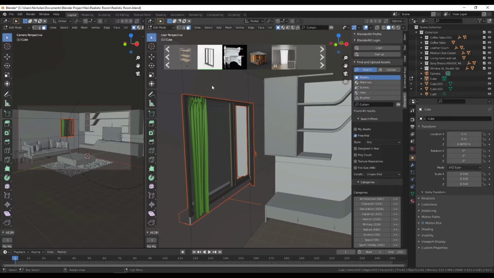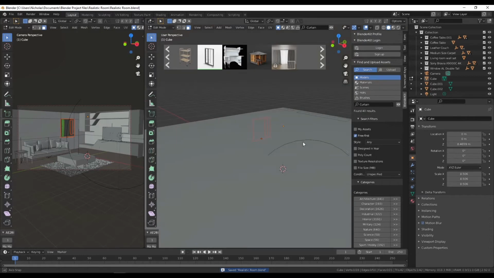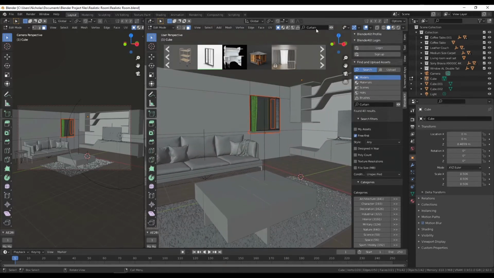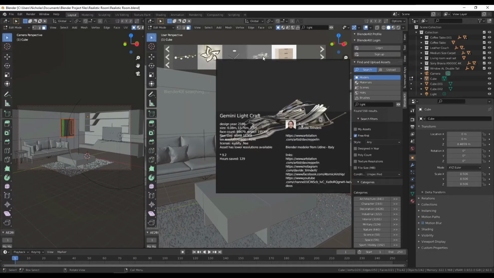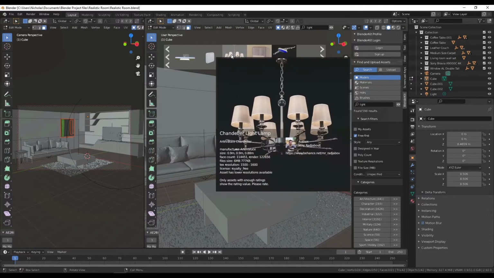That is pretty nice. And look how this is coming together. We've got a couch, we've got a side table, an entertainment unit, a window with curtain, we've got a table, a coffee table, and a carpet. And now we want to look for a light fixture. And I think it would be great to use the chandelier. So let's drop in the chandelier,